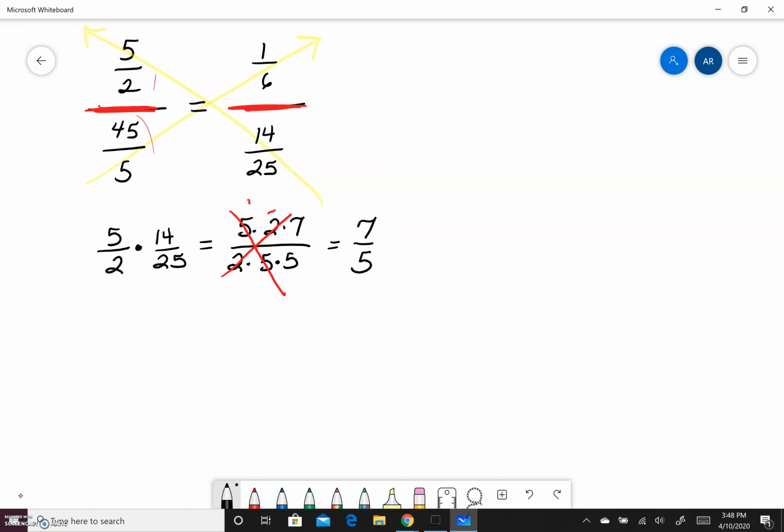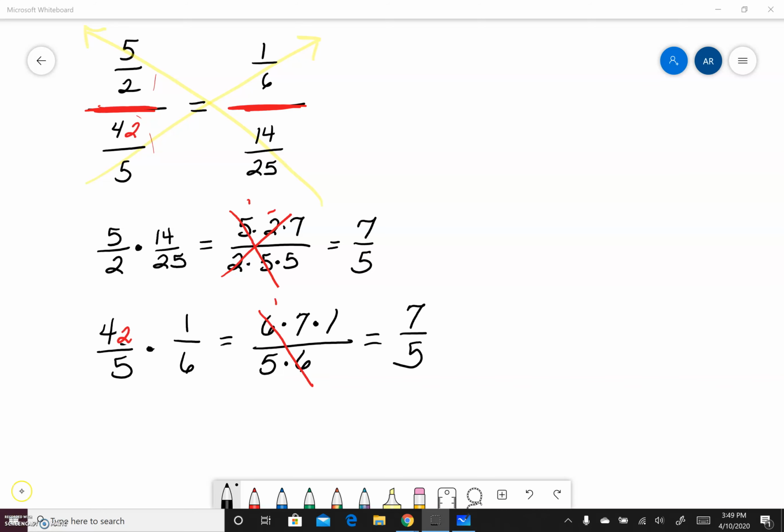And if I do that again with the next set of numbers, if I have 45 over 5 multiplied by 1 over 6, and I start breaking 45 out as 5 times 9 times 1, and then on the bottom just write out the 5 times 6, you can see the 5s divide out to 1. That this right here, I originally wrote 44